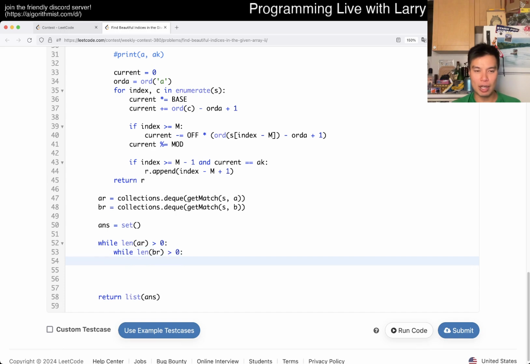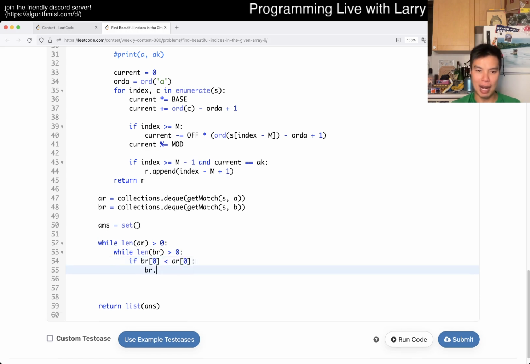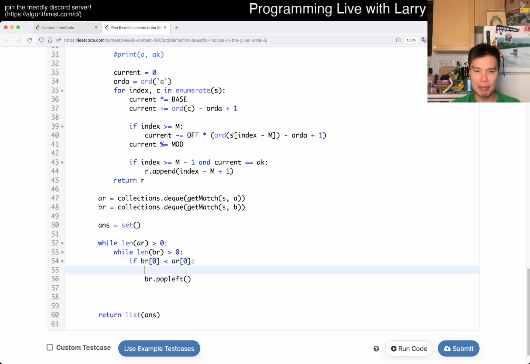But then now, if the first index is less than, then we want to pop left. But even before we pop left, we can do a check. So if absolute value, I know that this goes one way, but I'm just lazy on whatever.